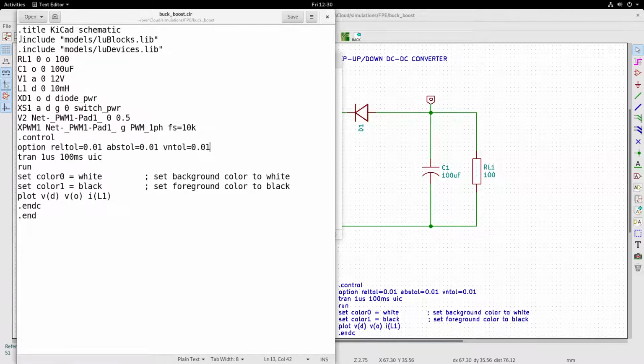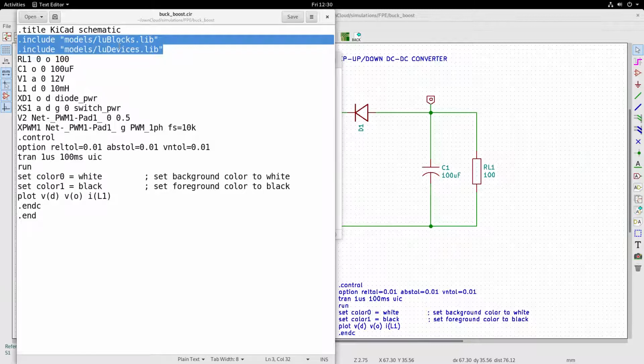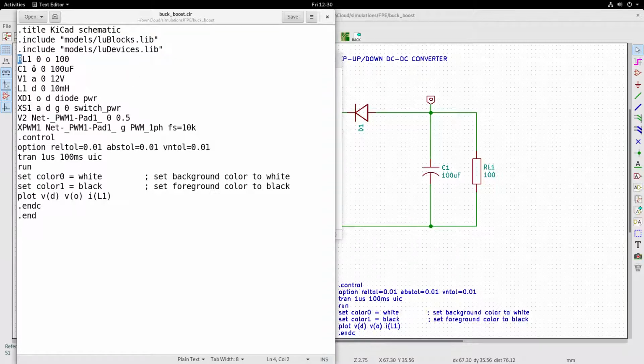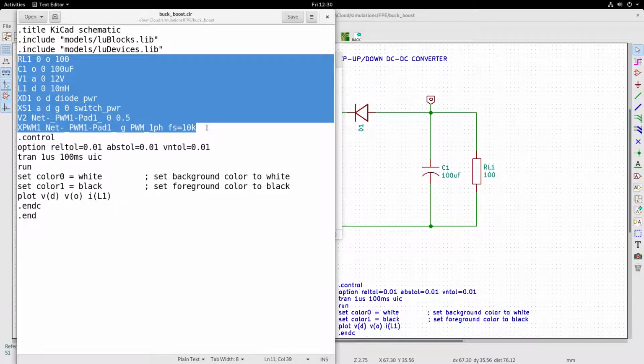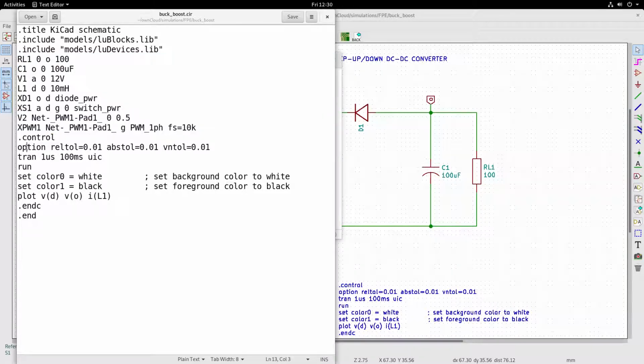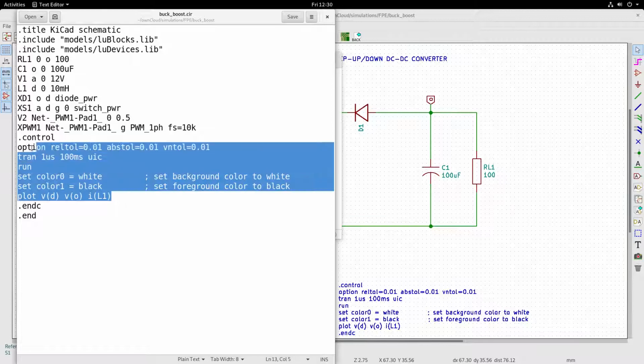As you see here, the two include files, lublocks.lib and ludevices.lib, contain the same sub-circuits, and then you have the schematic for the DC-DC buck-boost power converter, and the control statements. The control statements haven't changed.